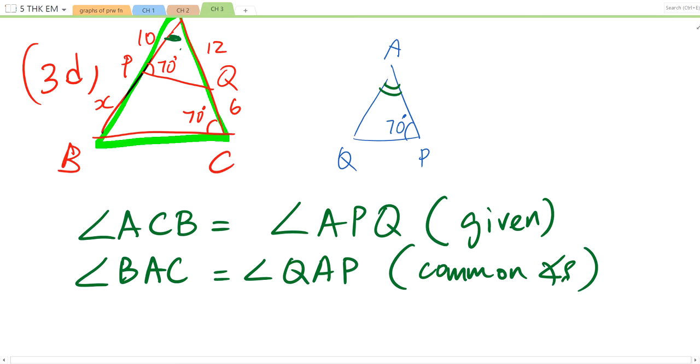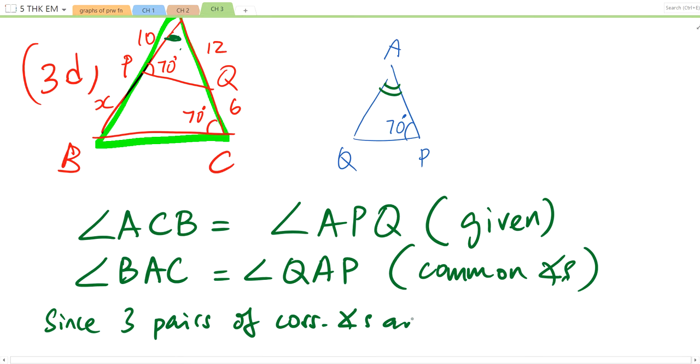Yeah, I conclude now. I will say since three angles, if you are comparing three angles for similarity, I just need to prove two only. Because the third one confirm the same. Because sum will be 180. Yes, yes. Since three pairs of corresponding angles are equal,